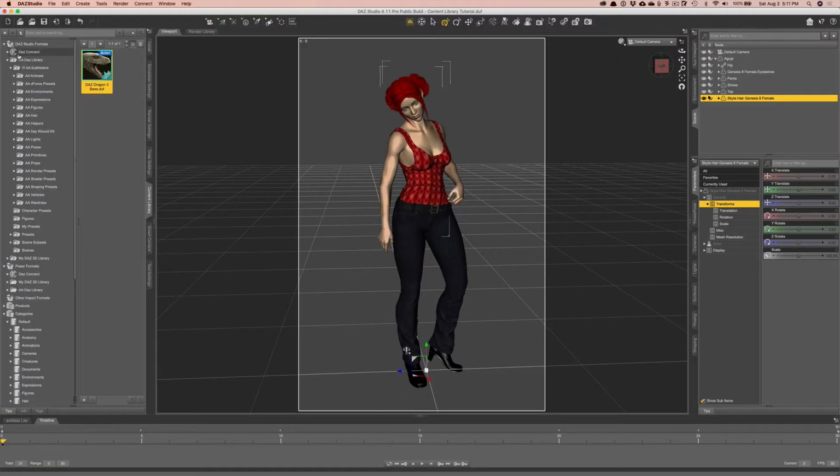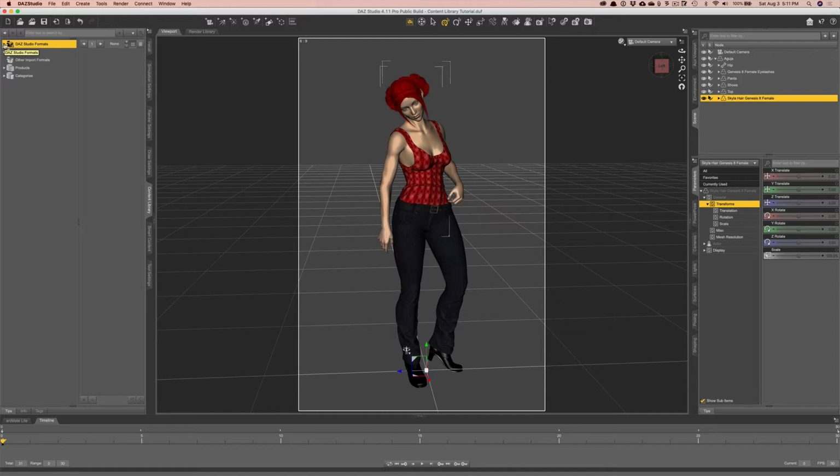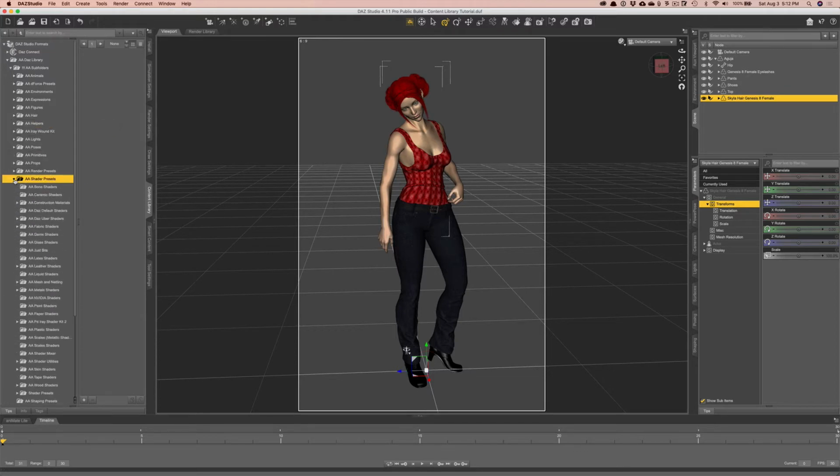So hopefully you'll find this useful. And once you've gotten your file system set up, the main thing you have to do in order to actually see what you've just put in there, you have to go to the topmost Daz Studio formats in your Daz Studio interface, right-click and hit refresh, and that will update every folder inside of that, including the new section. And remember, it was under AA subfolders is what I'm calling this apparently. So let's just go pop in here and see if this actually worked. So we're going to go into shader presets, and let's just change